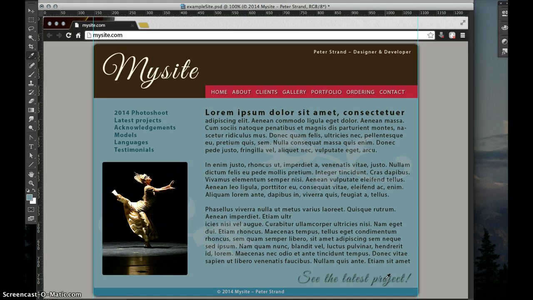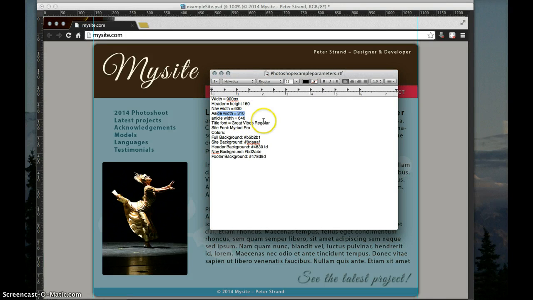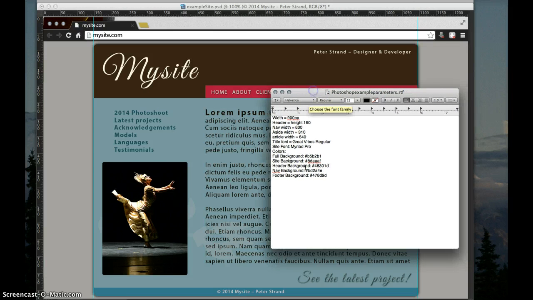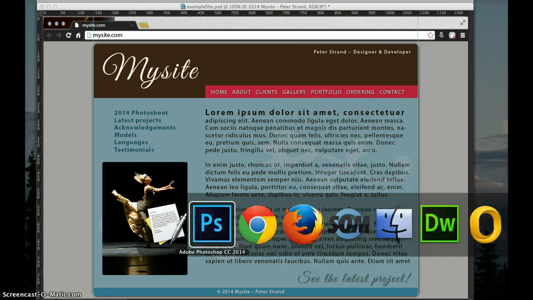So let's get started. I've got all my heights, my aspect ratios. I also have my colors for the background, the full background, which is this gray color, the site background, which is sort of this teal color, the header background, which is this brown, the navigation background, which is the magenta, and the footer background, which is the darker turquoise. So first thing I'm going to do is jump over to Photoshop,